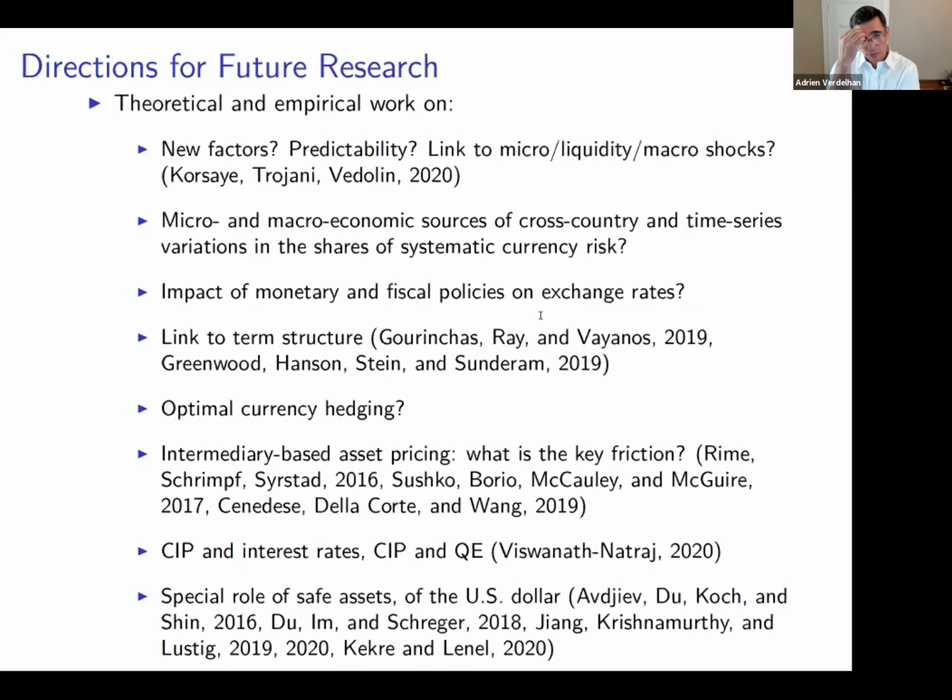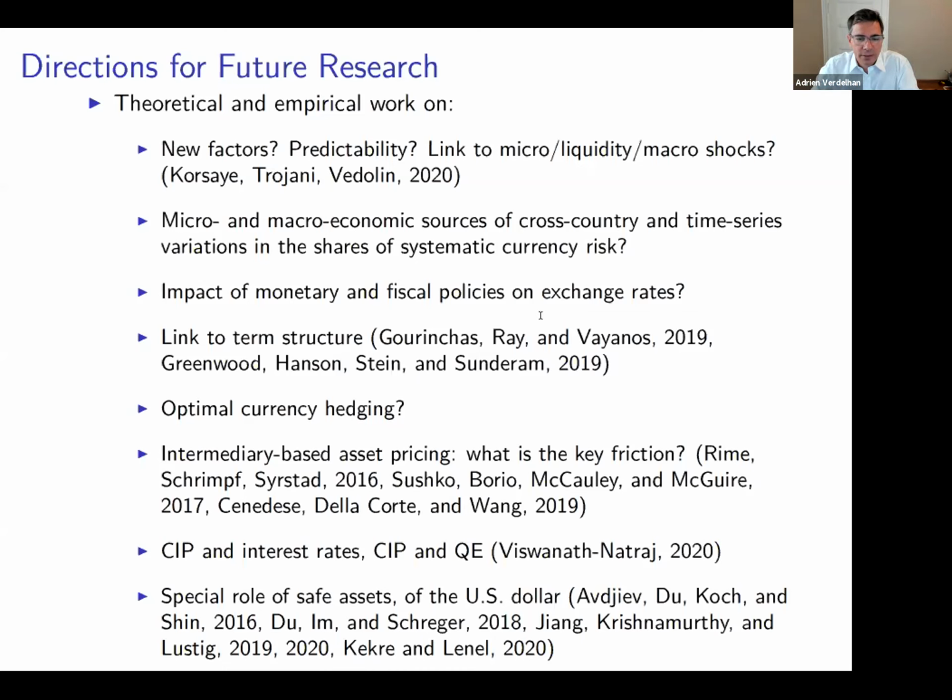Here I mentioned the Curcuru and Vianos and Greenwood and Stein and Sundaram papers, but there are others. There are also fundamental questions that people worked on something like 30 years ago. Optimal currency hedging was a really cool paper by Black, but it's a long time ago. Maybe we can revisit those kinds of fundamental questions using what we've learned. And I think this is also pushing us, particularly the CIP evidence, toward intermediary-based asset pricing. And there is ongoing work on that. Here I'm just citing some of it, and some of it just on the currency part. There's much more outside the currency market.